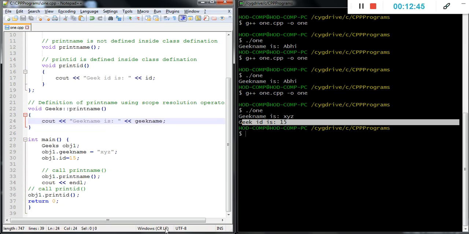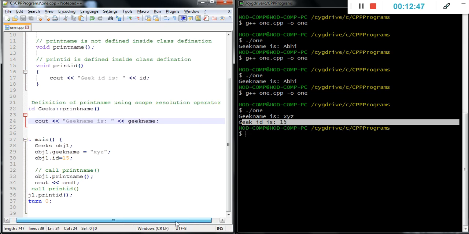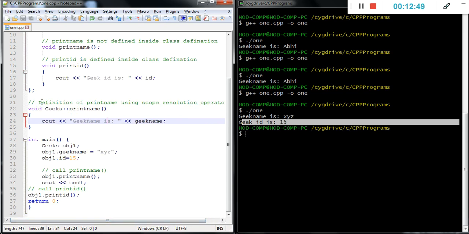That is the explanation about how to define the member function inside the class and outside the class, and how exactly it is accessed with the object. This is the explanation about data member accessing, then member function accessing: member functions within a class and member functions outside the class.